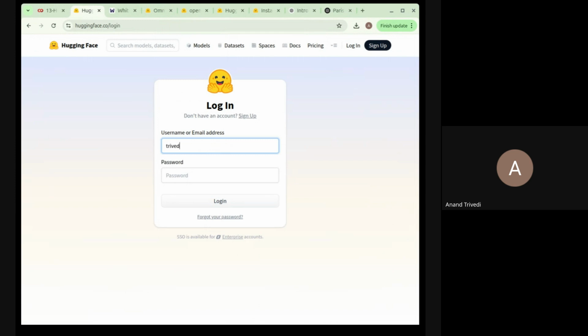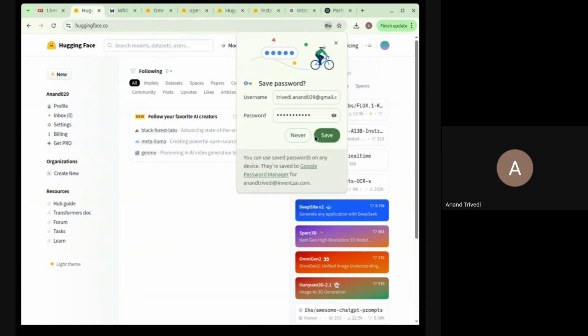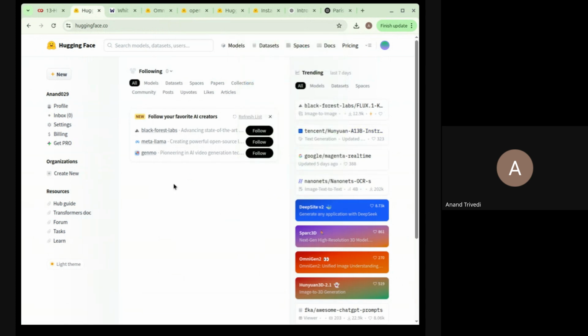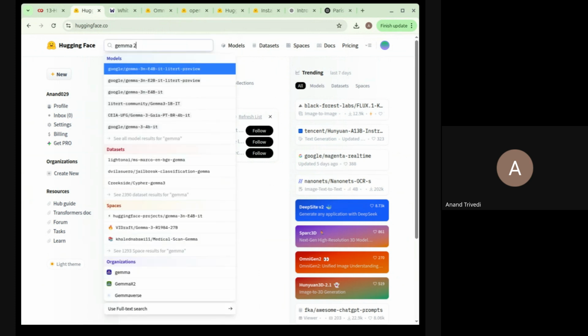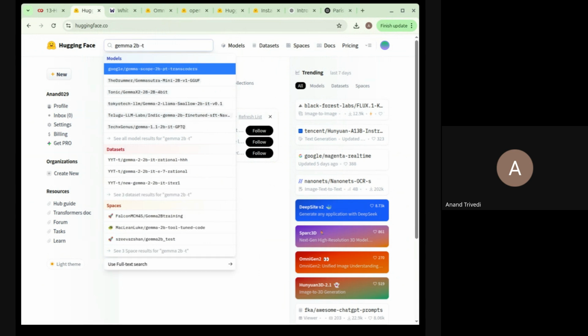So you can go ahead and create your login, and then if I again go to the Gemma 2B IT model,